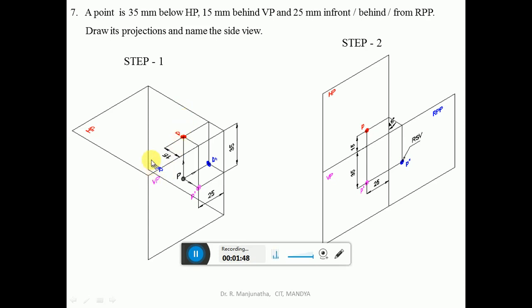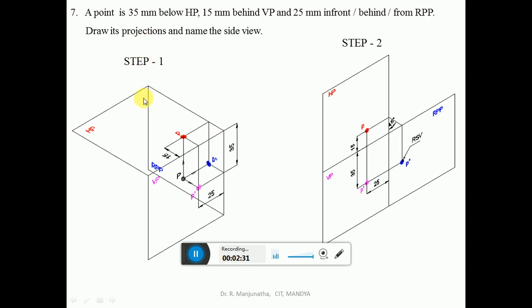Similarly, when you want to see the image on the right profile plane, we have to look in a direction perpendicular to that plane. That view will be the left side view or the right side view. Both views are perpendicular to the right profile plane, but only one will satisfy the condition. So always it should satisfy the condition of the front view. When you look from the front view, the plane is between the object and the observer. So this condition has to be satisfied when you are looking from the right side view, when you look from the right profile plane.